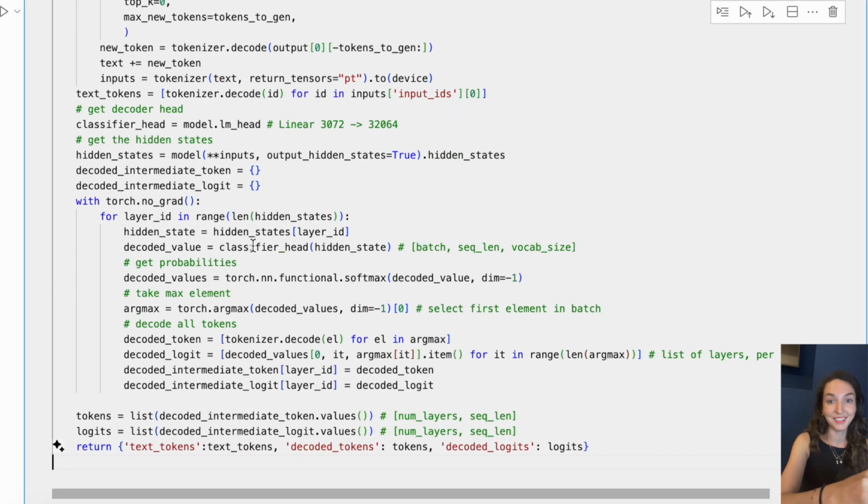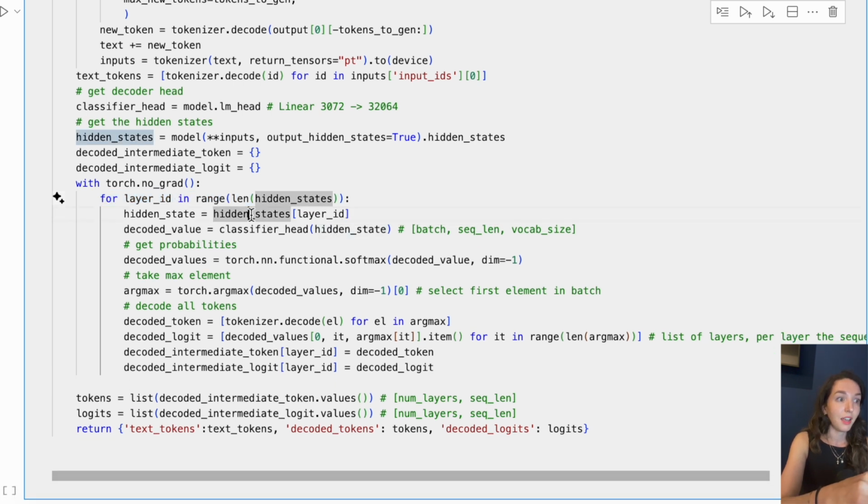So this will be the code. Essentially, what we have done is we have gotten these hidden states. I will create two dictionaries, one decoded intermediate token and one decoded intermediate logit, which, by the way, in my case will not be the logit because I'll actually pass them already through a softmax, but okay. I will then loop over all the layers in my hidden states. And I will apply my classifier head, so this decoding mapping, to each of them in order to basically map my hidden state, which is of size batch size by sequence length by 3072,